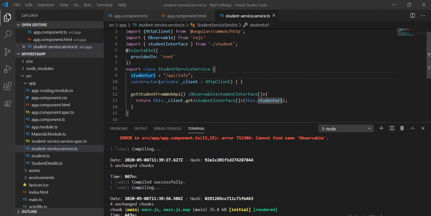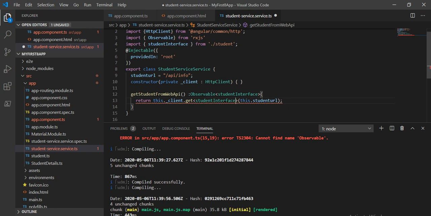For making the changes, first we will make the changes to this service. Currently it is taking data as an array, like it's taking the collection. But now we have to take this data based on the ID. So first remove this collection, and in this URL, we will pass the ID plus, and we will pass the ID.